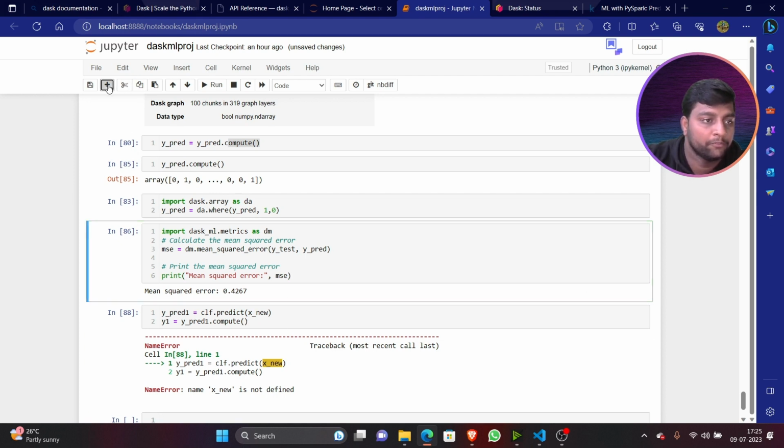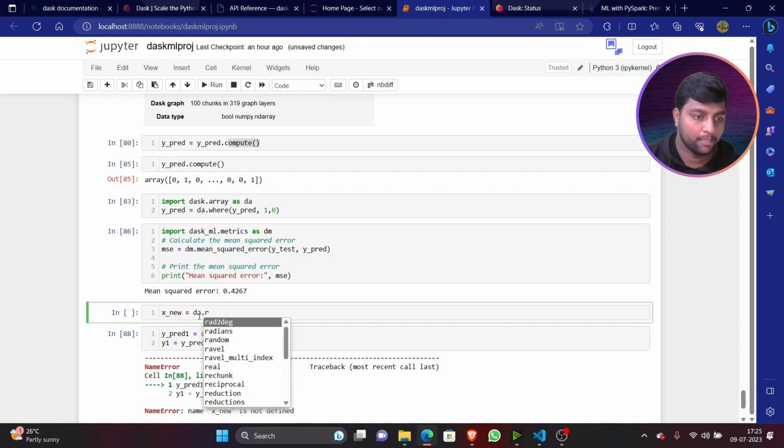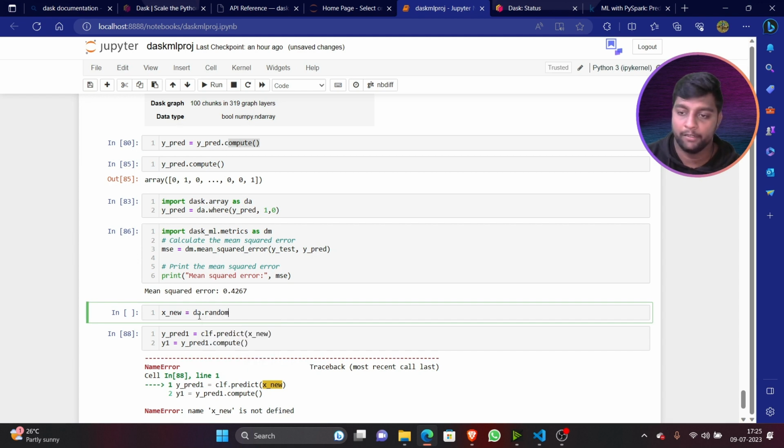Okay. So if we need to make predictions, we need new data that we have to generate. We have not created the variable x_new. So for that, x_new is equal to da.random. There is something called random in the Dask array function. Inside this, .normal, size,